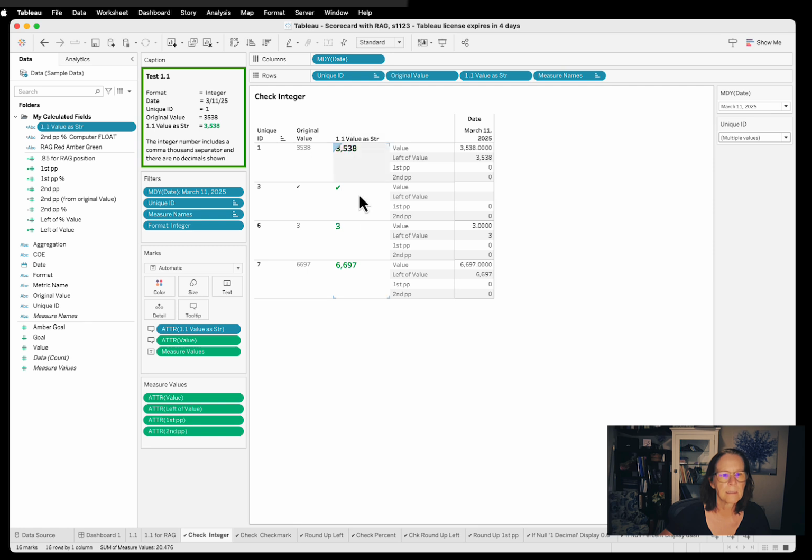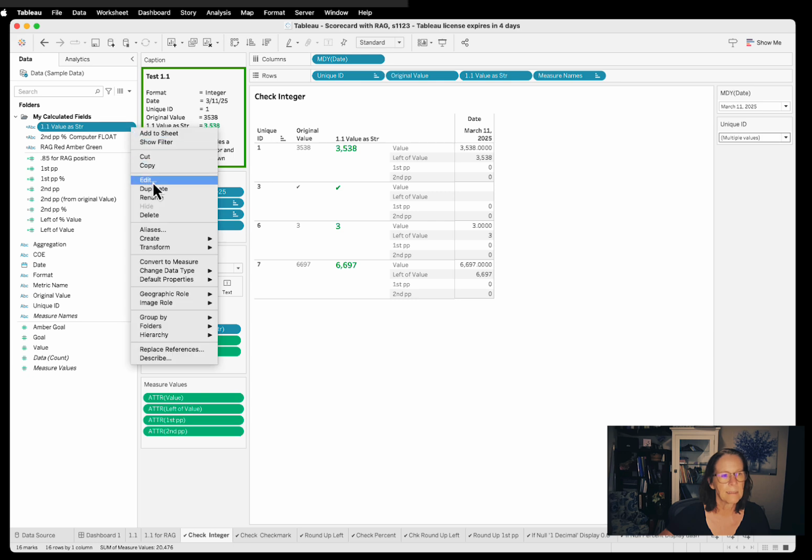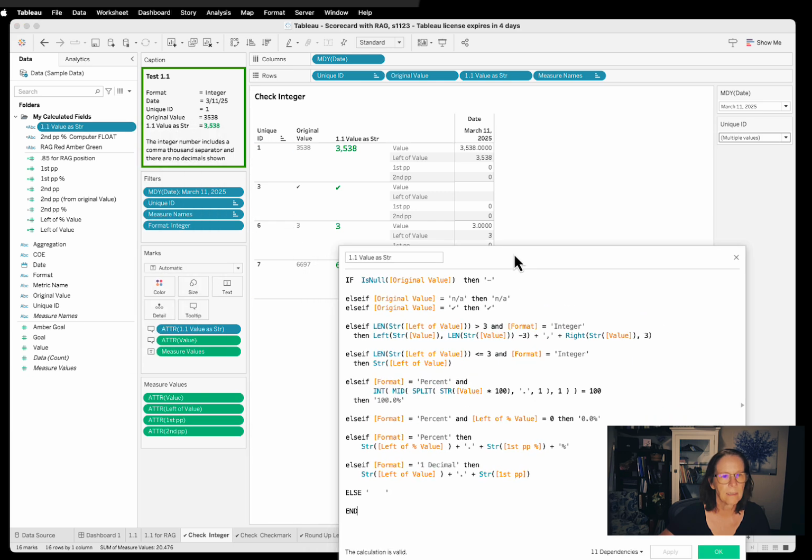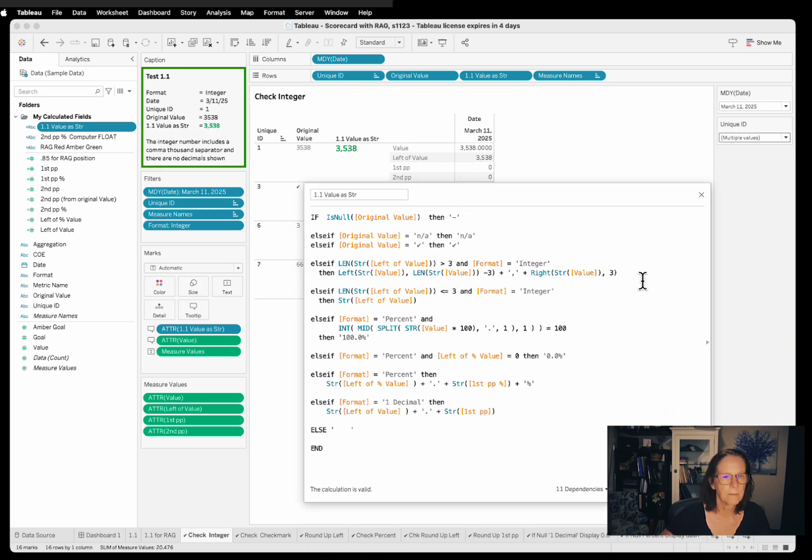Now the field that's displaying that is called 1.1 value string. It's up here on the row shelf. So if I edit that field, I can see the logic that it's using. For this particular field, it happens to be this chunk of code. But if you weren't sure, you can briefly change the code to something else and then see if it changed